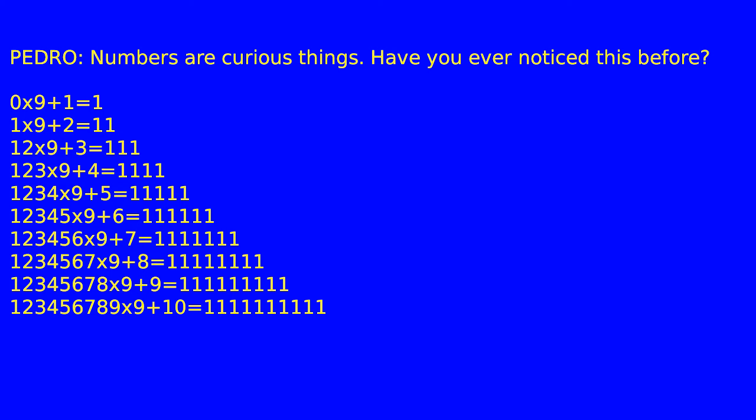Pedro: Numbers are curious things. Have you ever noticed this before? 0 times 9 plus 1 equals 1. 1 times 9 plus 2 equals 11. 12 times 9 plus 3 equals 111. 123 times 9 plus 4 equals 1111. 1234 times 9 plus 5 equals